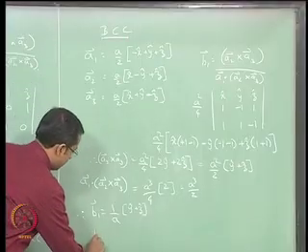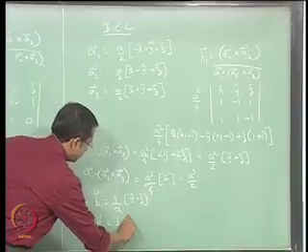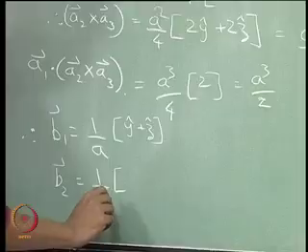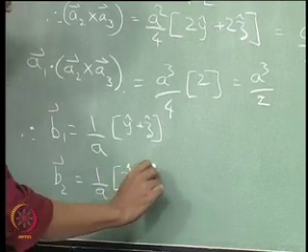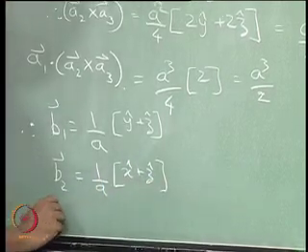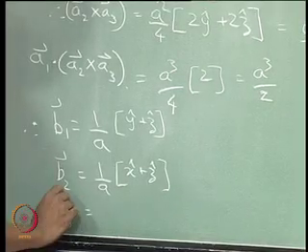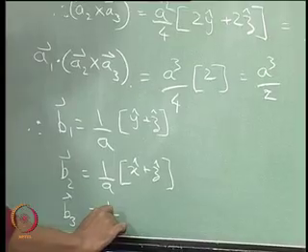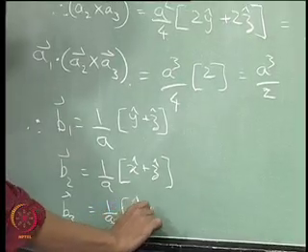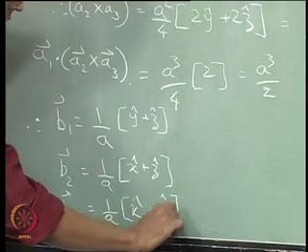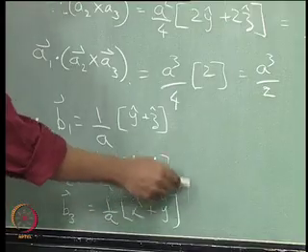You will find B2 is 1 by A (x plus z), and B3 is 1 by A (x plus y). This is what you will get. If you look at what we have got here,